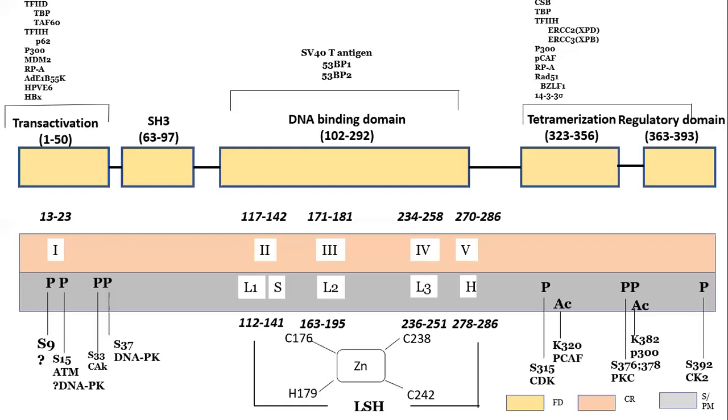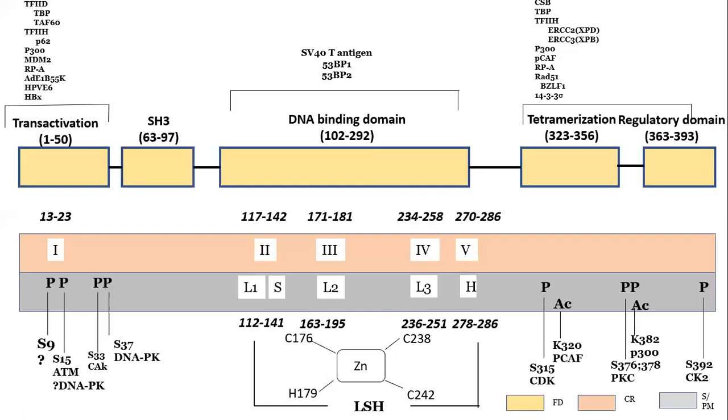Another thing we should tell is that in the DNA binding domain, some things are very important. If you induce mutation in this region, the LSH region, in L1 or L2 or L3, in many cases in cancers or in tumors particularly, we can find mutations in this LSH region. If mutations are there, they fall into two categories. These DBD mutations, or DNA binding domain mutations, fall into two categories. One is called class 1 mutation and another is called class 2 mutation.